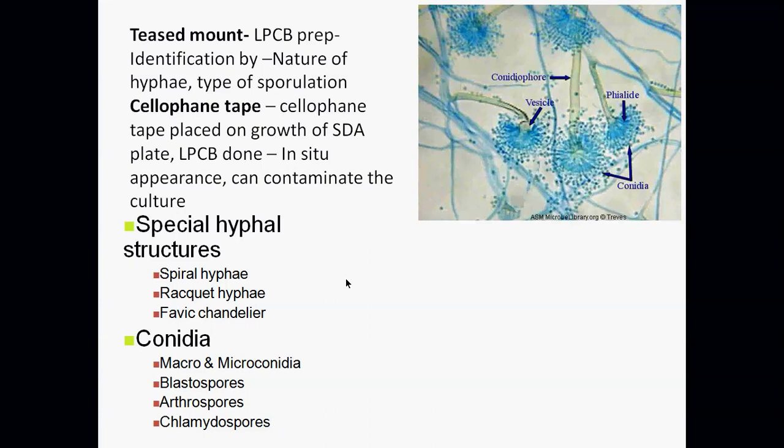You have to see what are the types of hyphae, septate, non-septate, how they are dividing, what special structures you are seeing in the microscopy, and depending upon all that, the morphological feature is identified and you can identify the fungus itself. Now another way of studying fungal morphology is slide culture. Now this is a slightly technically difficult procedure, but the advantage is that you can see the in situ appearance of the fungi. Now how this slide culture is done is explained in the next slide.